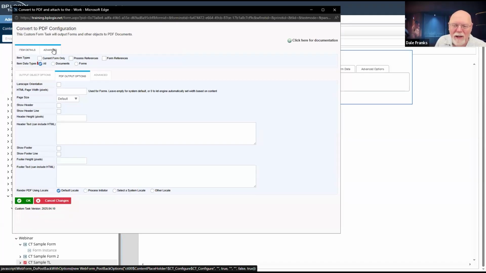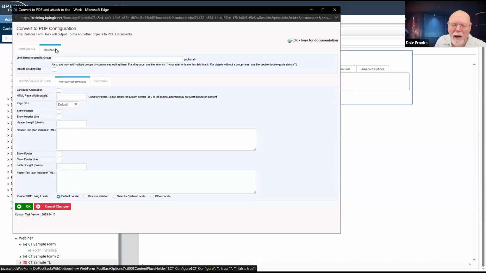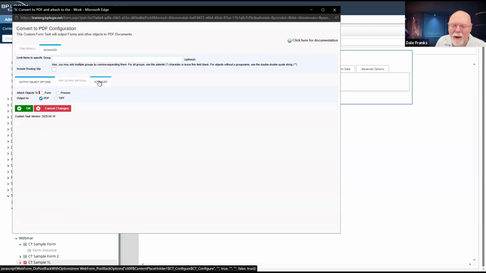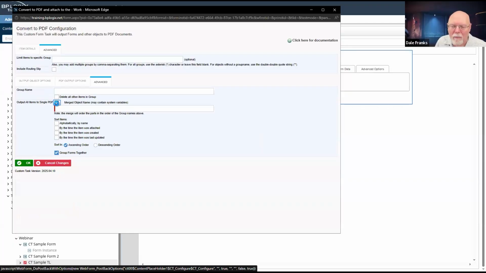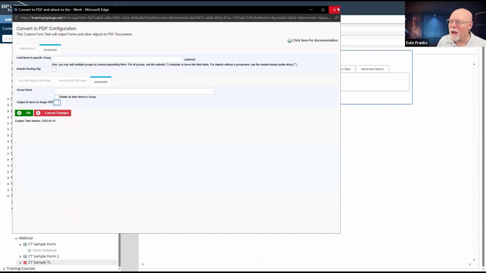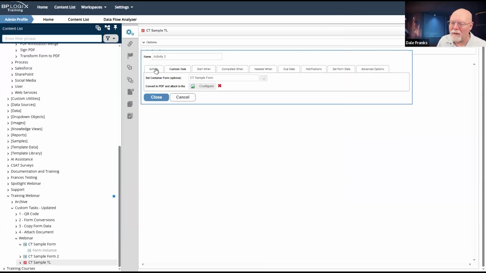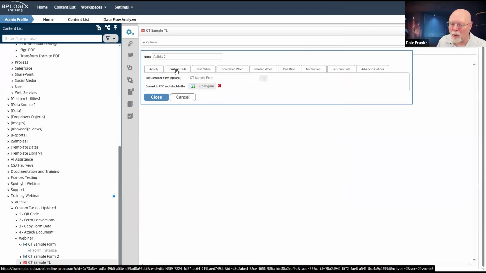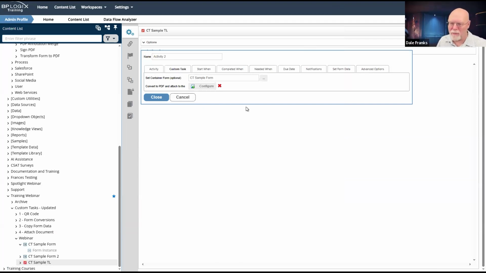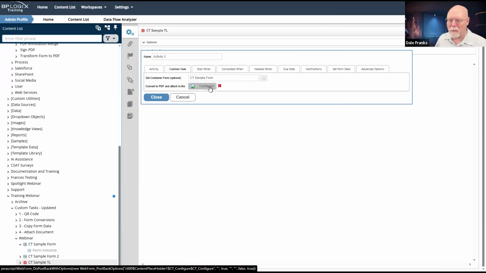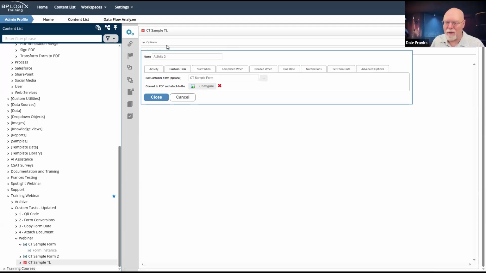I'm sure there is, but I don't remember how to invoke it. But there is a perform in the background kind of setting. I just don't remember what it is, but it would actually just do the PDF conversion in the background.